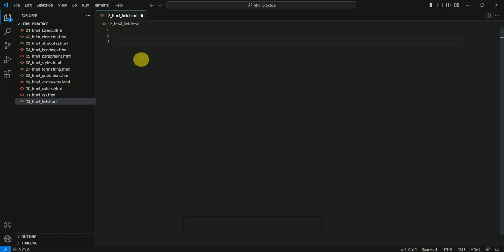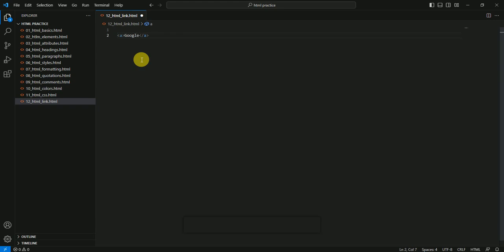So what are the links? Links are some text on which when a user or we click on the text, then it will redirect towards a new website or new URL. The URL is written by the programmer, and we will practice it, and you can easily understand how links work in HTML. So the link tag is represented by a close tag, open tag. First of all, we will create just a simple link of Google. So I write a text here, Google,